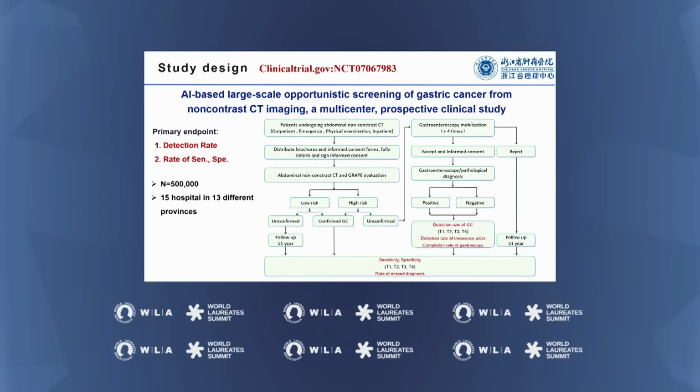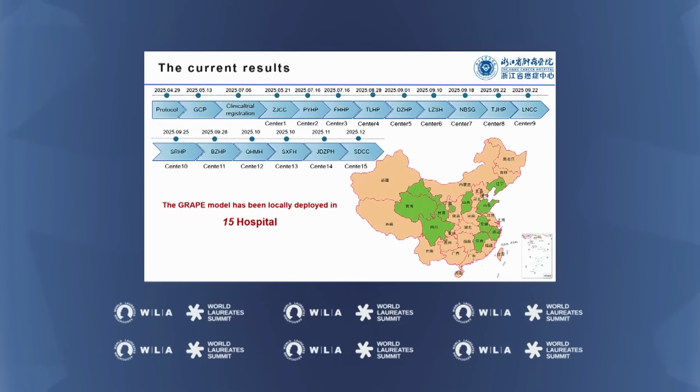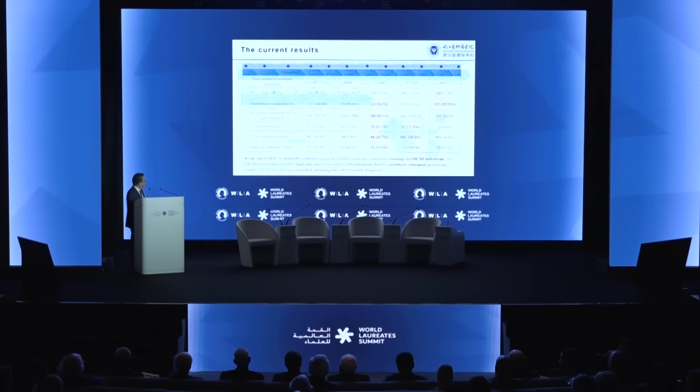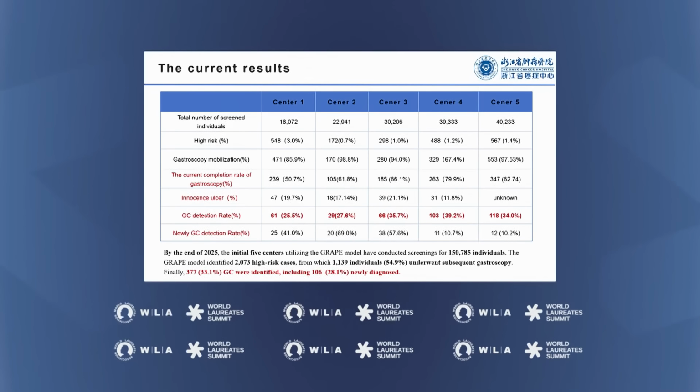The primary endpoint of this clinical trial is the detection rate of gastric cancer, and the second is sensitivity and specificity. By now, we have finished deploying the GRAB model in 15 hospitals in China. And by the end of 2028, the initial 5 centers utilizing the GRAB model have conducted screening for over